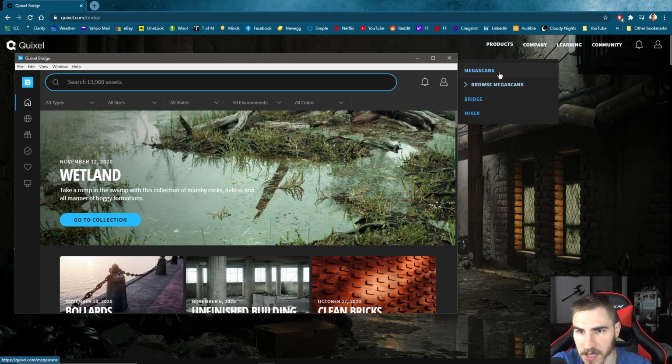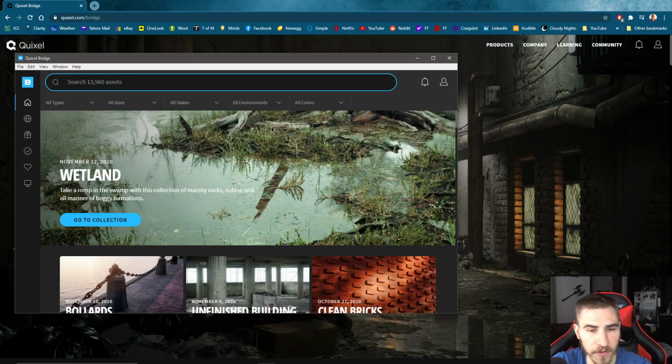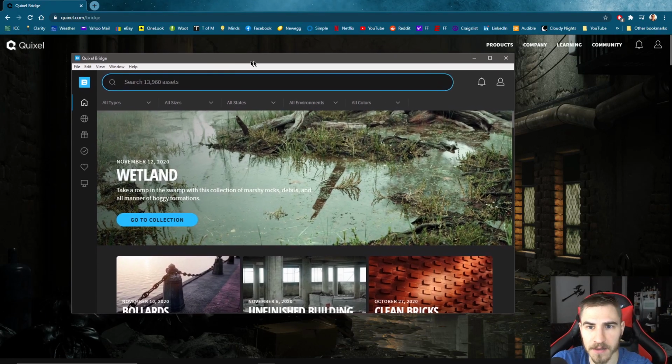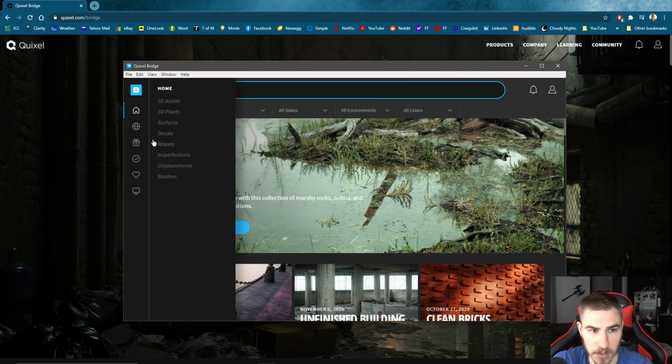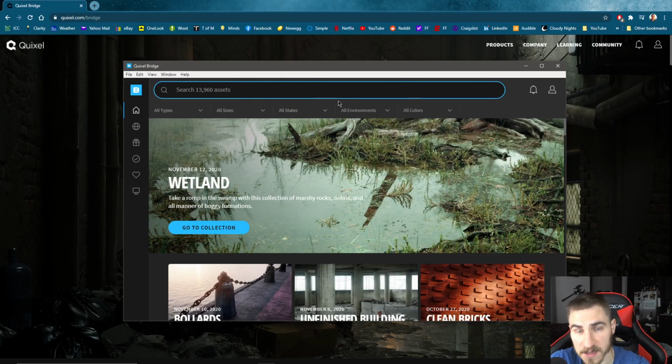And of course, the Megascans, if you want to look for a particular plant or anything like that, they're going to have it there because they have so many. But with Bridge, we can access all of those from here. We're in Bridge, and we have access to all these different assets. And because I'm in Bridge, I can just simply download them from here and bridge it or take it to